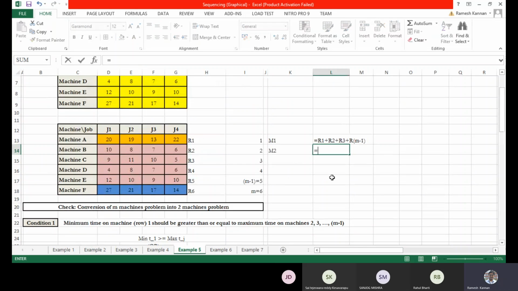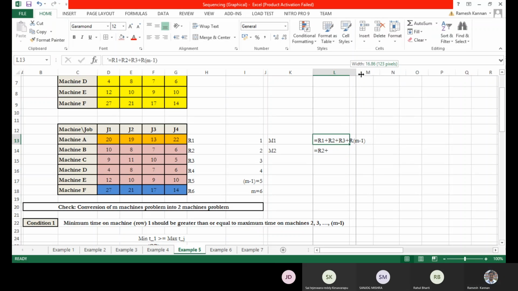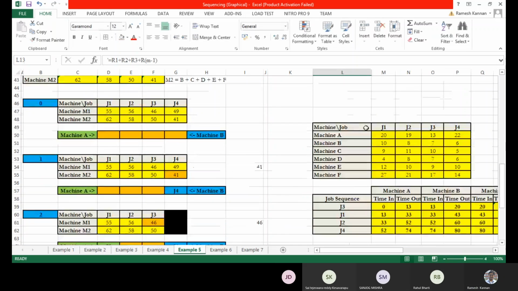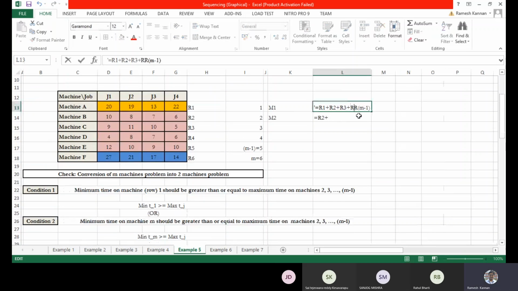Then the next one, machine 2, starts with row 2. I can even write R4, because R1, R2, R3, R4 and R5. R5 is nothing but M minus 1.